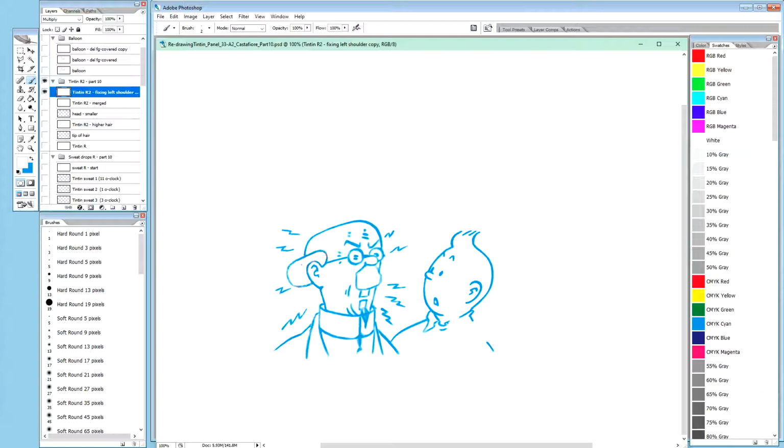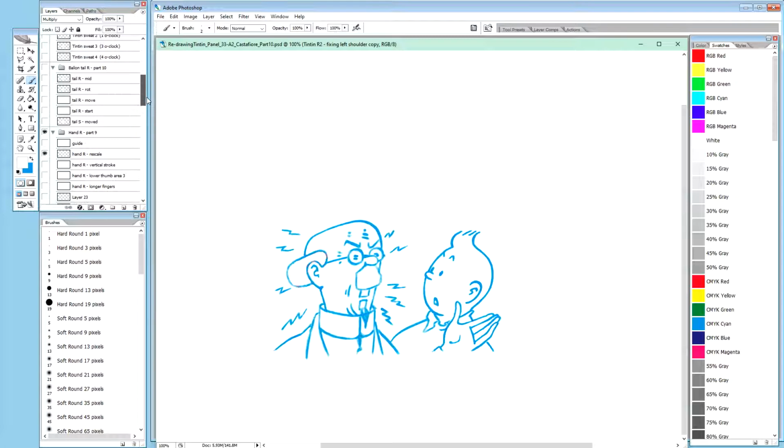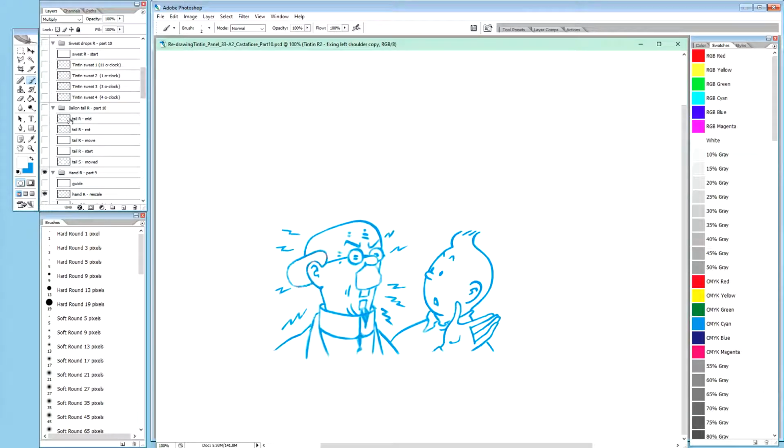And so let's reinstate the hand, the refined hand comes there. We have Tintin fixed, and then of course we should fix the angle lines as well, which is I think next, or our next, and not in this video, because there are a few changes there, but at least